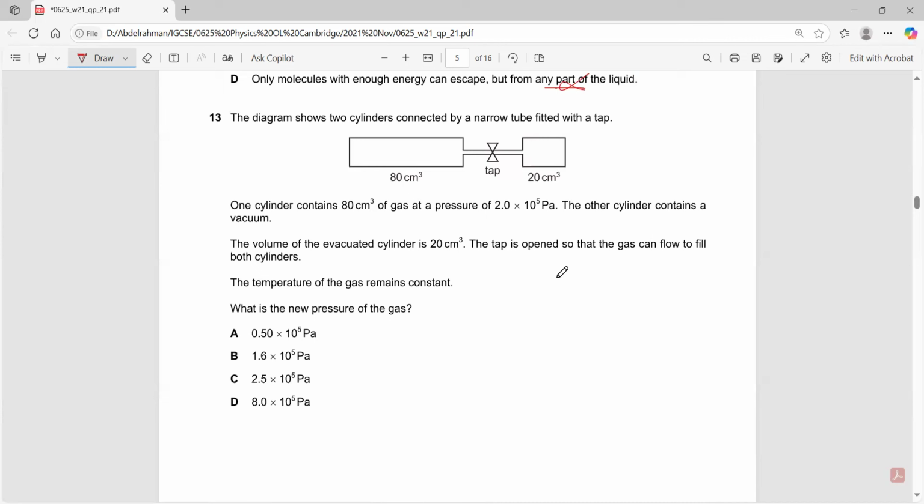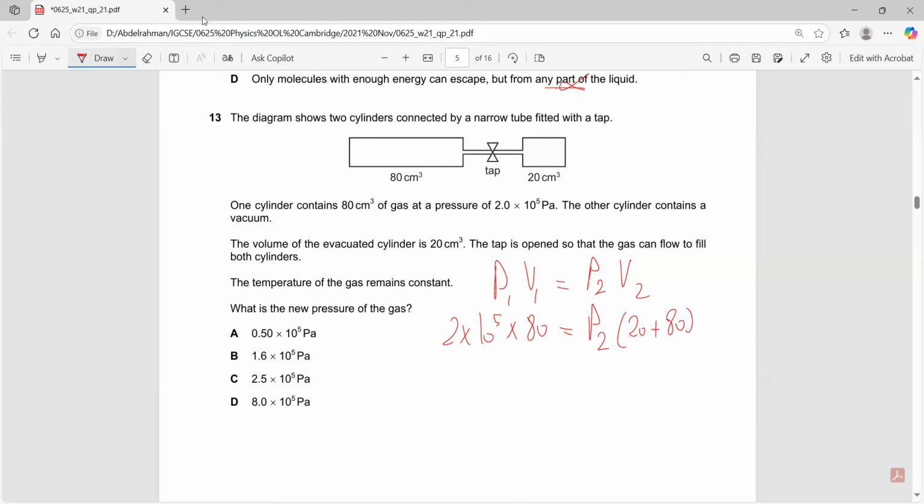Can I find the new pressure? Yes. P1 V1 equals P2 V2, right? We need to find P2. The initial pressure was 2 times 10 to the power of 5, and the initial volume was 80. A lot of you might say that V2 is 20, right? But that's wrong. V2 would be the total volume of both cylinders together, which is 20 plus 80,